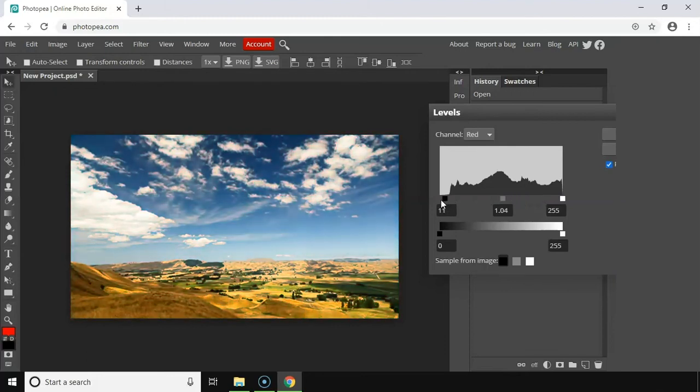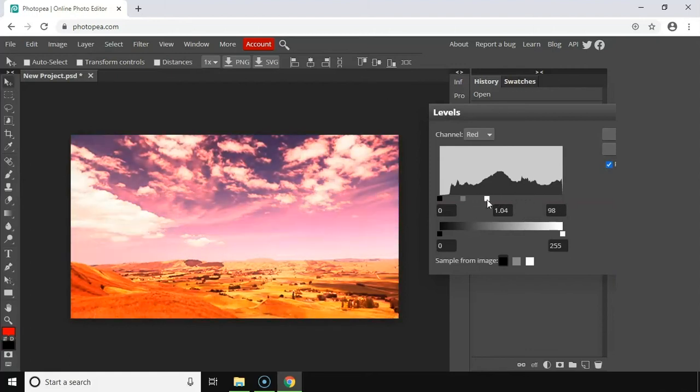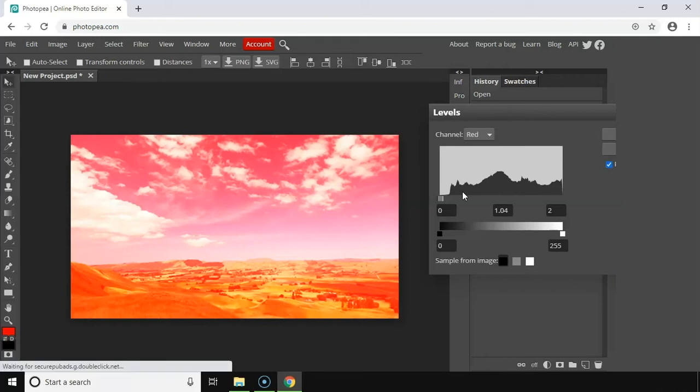Let's try dragging our highlights over. So if I drag my highlights over, then the photo becomes very, very red. So levels is the way that you can change the balance of the colors in your image pretty easily. There's a color system in graphic design that's known as RGB, which is red, green, blue, and the